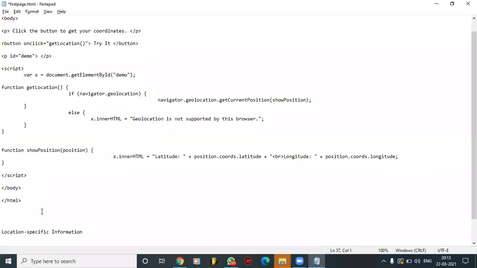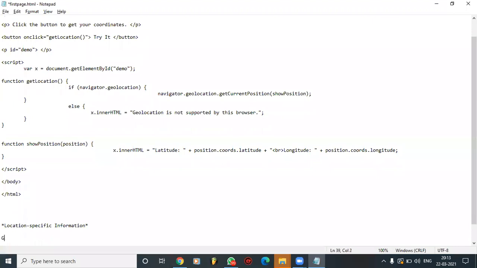So, hey guys, geolocation is also very useful for location specific information,